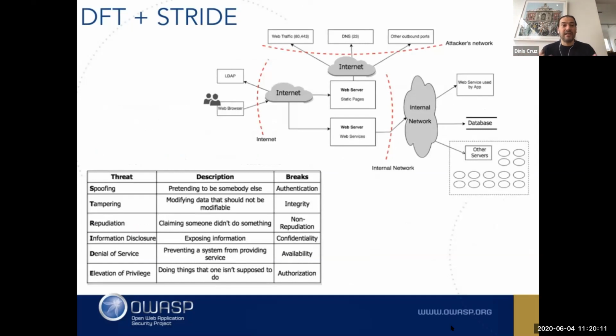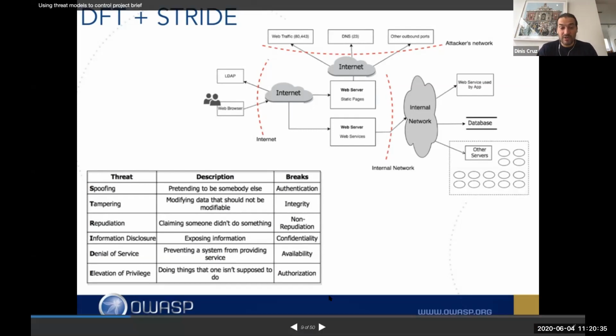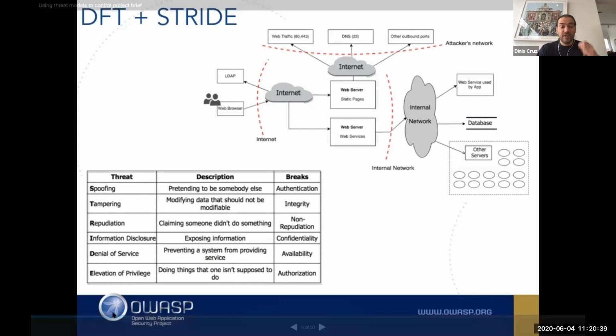So a lot of threat model is just this, right? We do a data flow diagram. We kind of actually, that should be DFD, right? I just realized. So basically where we map the beginning, this is very simple. I'll go into more details later, but what we can then do is ask these 6 questions, right? Or look at these 6 threats, which is spoofing, tampering, repudiation, information disclosure, denial of service, and elevation of privilege, right? And what that is, in a way, is a way to think about the application, right?